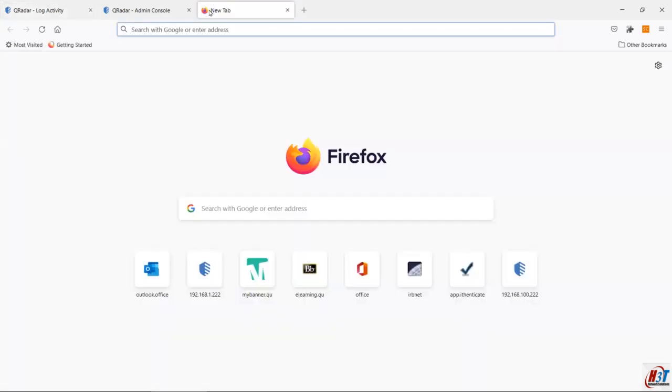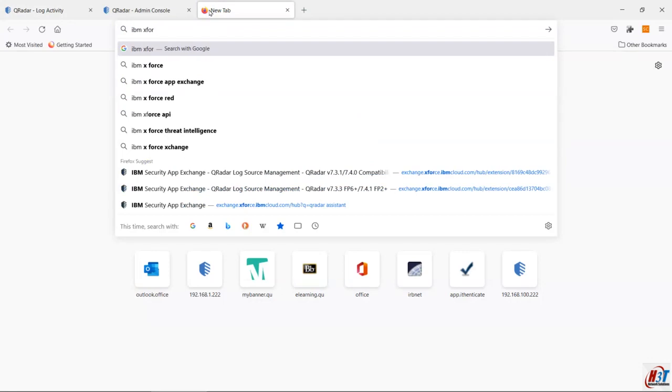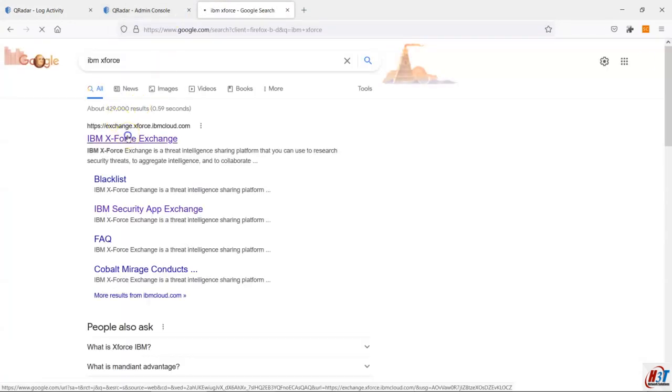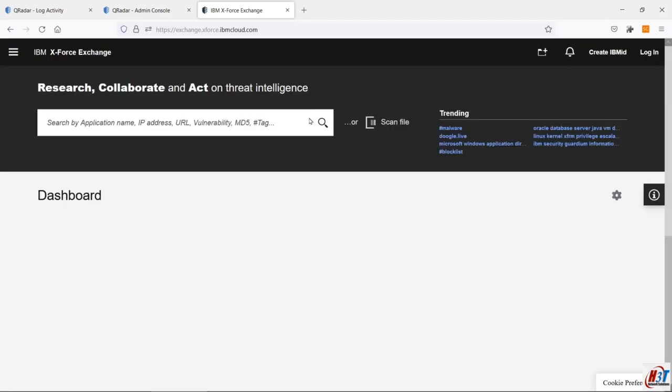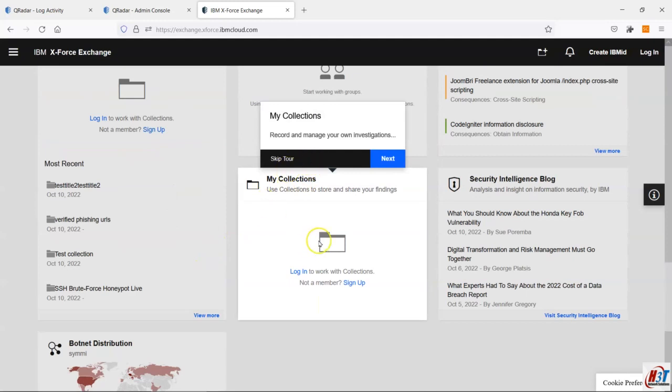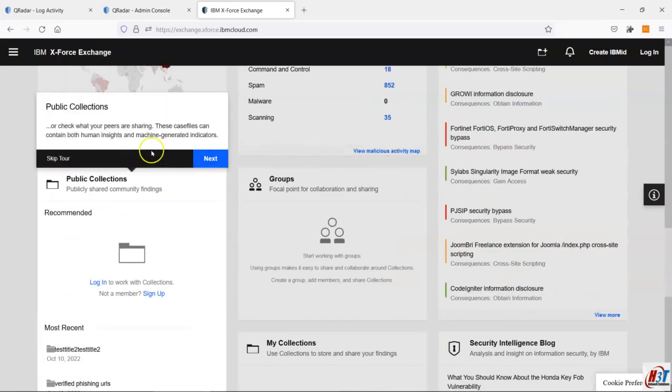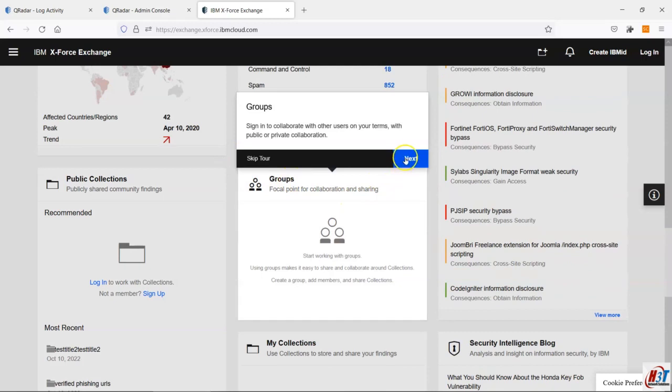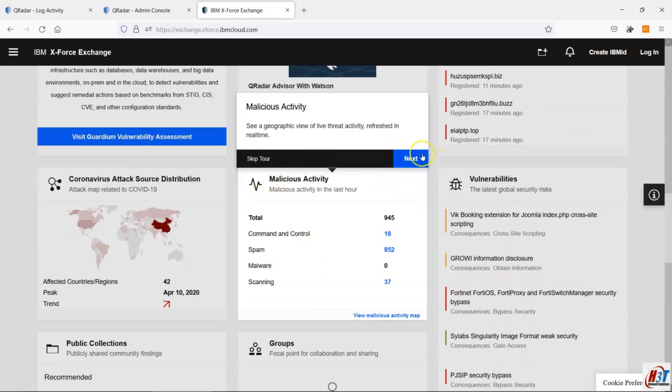So if you go and write IBM X-Force, over there you will see a lot of nice information about vulnerabilities and about IOCs. You can have a tour. Let's see here. So here it's telling you collections. This requires login, like collections about some APT groups or some attack groups or something you are tracking. You have public collections, you have groups, here malicious activities,